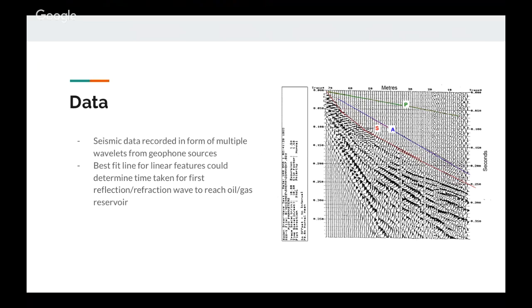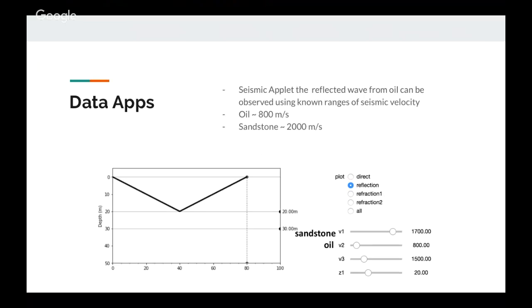Yeah, so the seismic data gets recorded in the form of multiple wavelets from the geothermal sources. You create a best fit line, and from those lines you calculate the return times. We decided that one of the class apps that could be used to help visualize this is the SEISMIC applet. It would vary, of course, with the situation, but you can fiddle around and create different